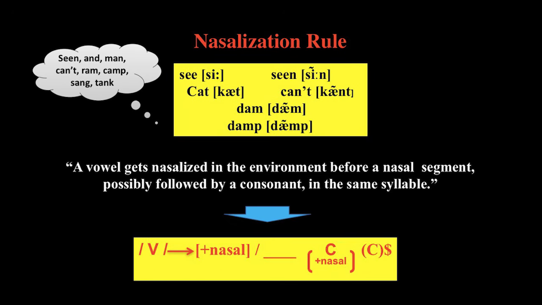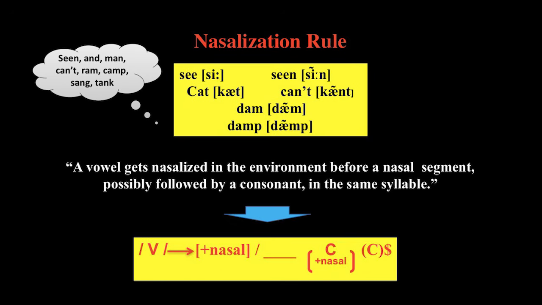Then we open the parenthesis to say possibly followed by a consonant. Then we write the syllable boundary. So V, vowel, becomes plus nasal whenever it is followed by a nasal consonant, possibly followed by another consonant in